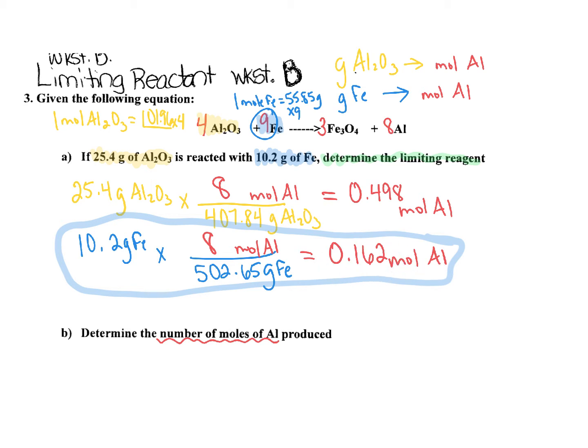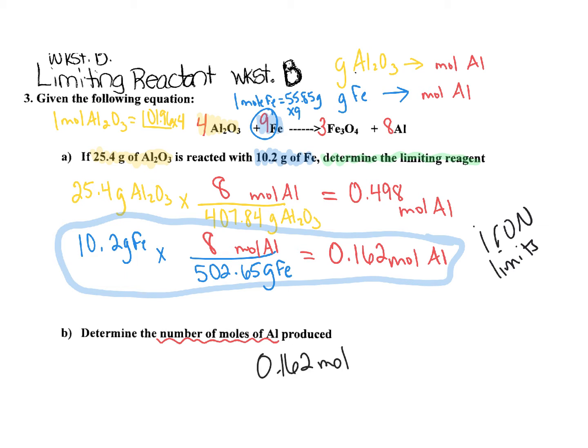Iron is my limiting reactant. So iron limits me. Well, it says determine the number of moles. Well, I now figured that out. I figured out that I can't make this many. So how many moles of aluminum am I going to make? I am going to be able to make